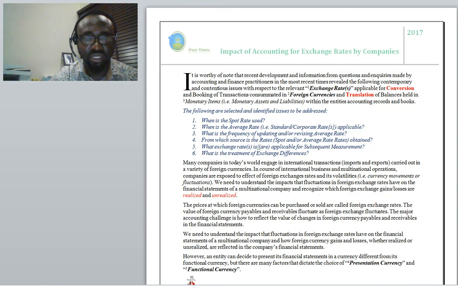And on the premise of this, it is worthy to emphasize the requirement of the generally accepted accounting principles, which is IFRS. IFRS is International Financial Reporting Standards as issued by the International Accounting Standards Board, and the standard that borders on the effect of changes in foreign exchange rates is IAS 21. IAS 21 serves the objective by which companies report correctly the activities that border on exposure to foreign currency exchange rates.